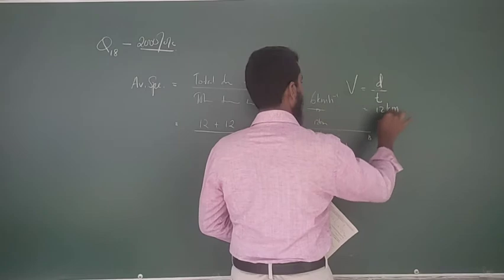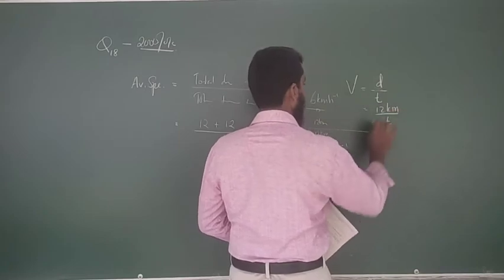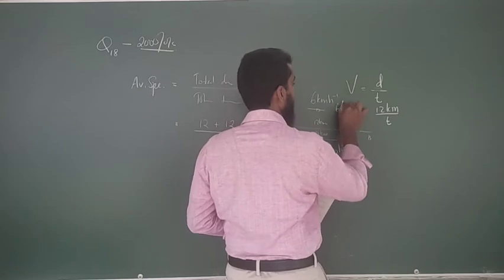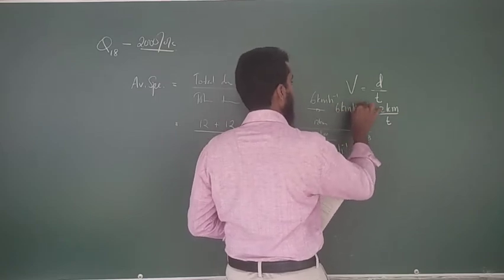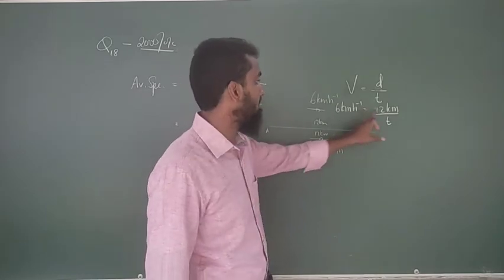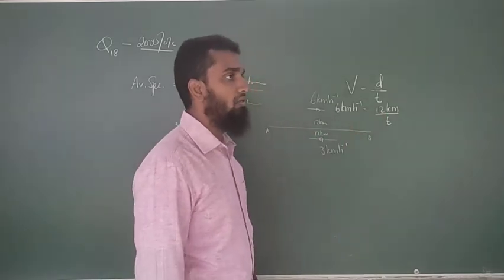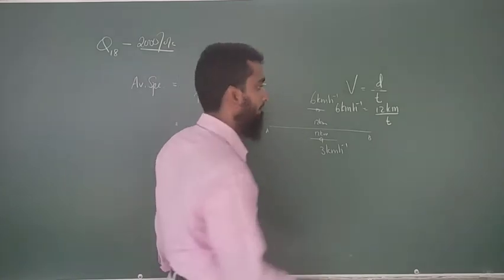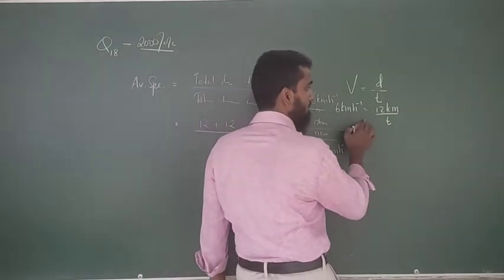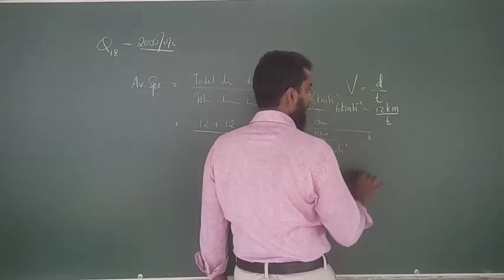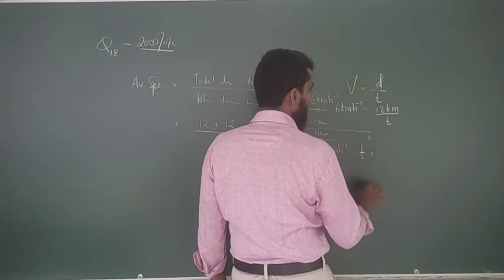12 km divided by the time taken. We don't know the time taken, right. The v is given there as 6 km hour minus 1. When we are working in the MCQ, you don't need to put the units. You just do the rough work quickly and write the answer. When you are doing the essay type and structured type questions, you have to put the units. Then only they will give you the complete marks, right.